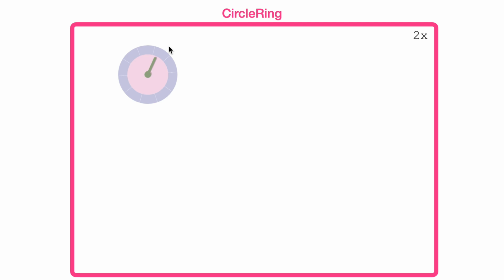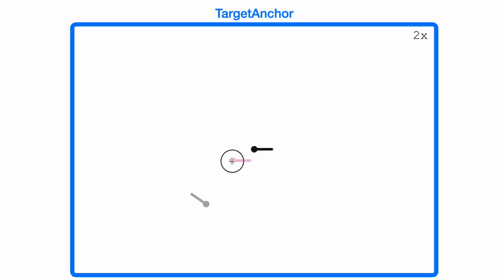The circle is used to move the object in X and Y simultaneously, and the ring rotates the object similar to the arrow ring interface. The fourth interface, target anchor, has no control buttons. Clicking on the screen moves the object to the click location, and the follow-up click rotates the object to face